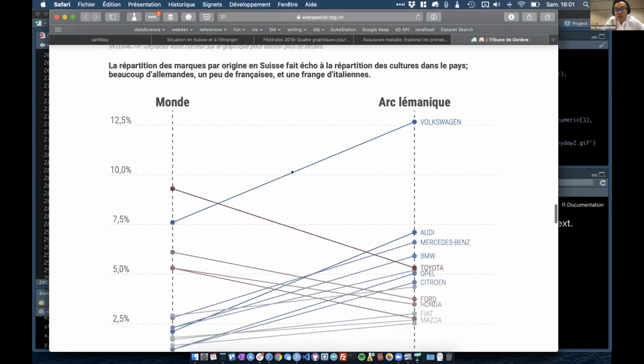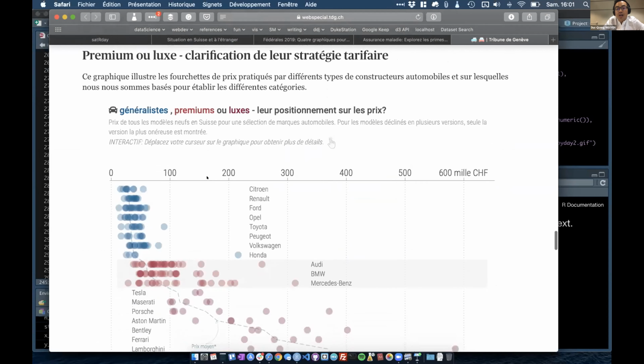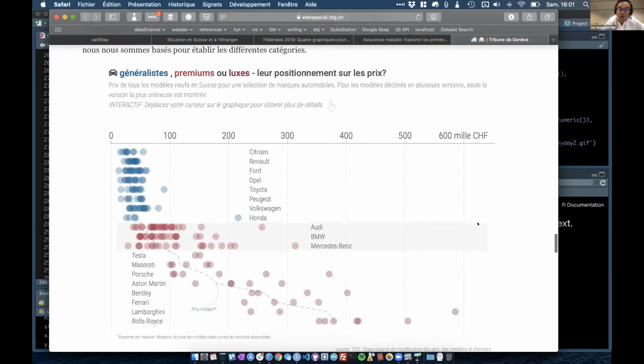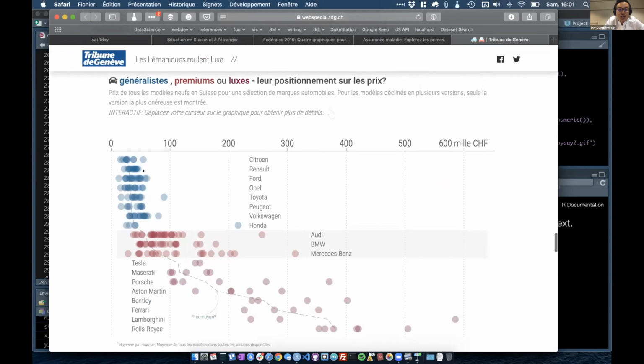Then a slope graph to show the difference between Vaud and Geneva brand market shares versus the rest of the country. And I'm pretty happy with this chart. Let me first explain what this chart is. It shows the distribution of the prices by model and by brand, to answer the question, what's the difference between premium cars and luxury cars?